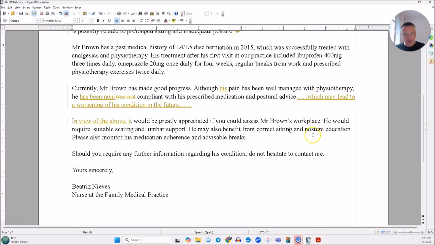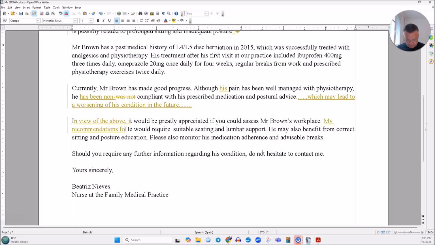Summarising your suggestions. You said, right, so he may also benefit. So this is a suggestion. In my view, in my opinion, my suggestions are, my recommendations are. Special workplace. My